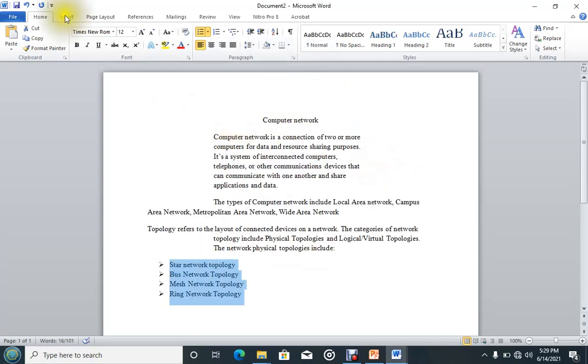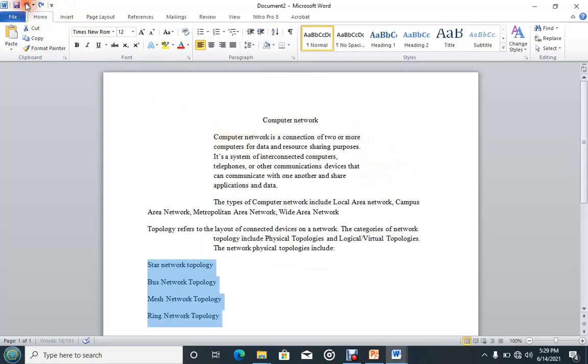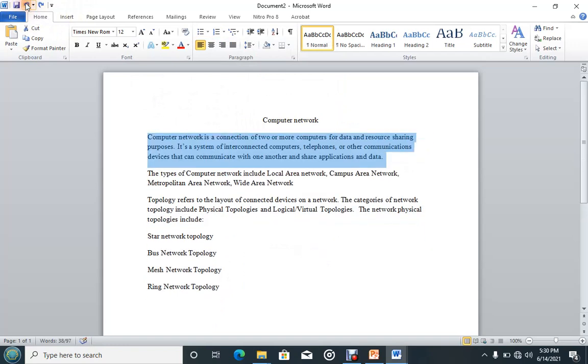Okay. Then the last one is drop capping. With drop capping, we can make the first letter of the paragraph bigger than the others. So for you to do that, you need to first select only that letter, the beginning of the paragraph. For example, if we are drop capping paragraph 1, then this time we are leaving the home tab and moving to the insert tab.